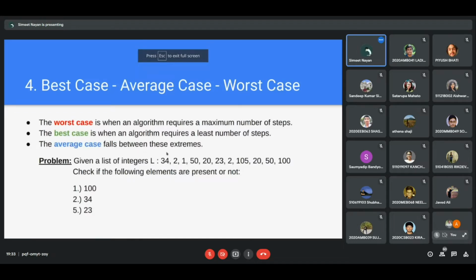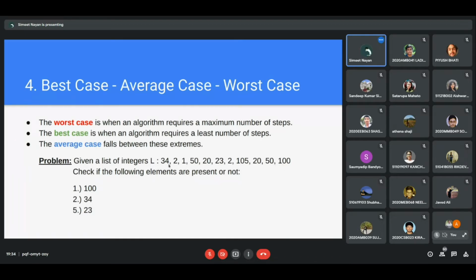So we'll compare with 2. It's not there. We'll then go to the next element, compare with 1. It's not there. Now we can see that we will have to perform 11 comparisons to declare whether 105 is present or not,